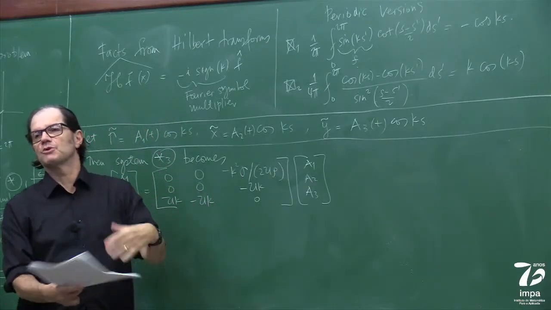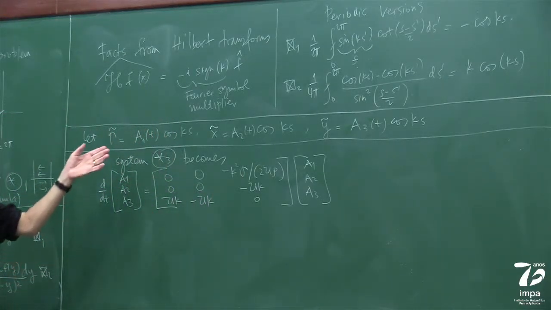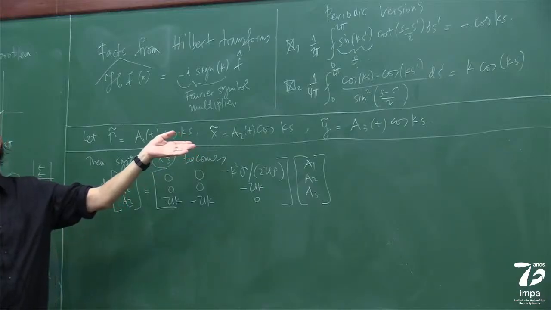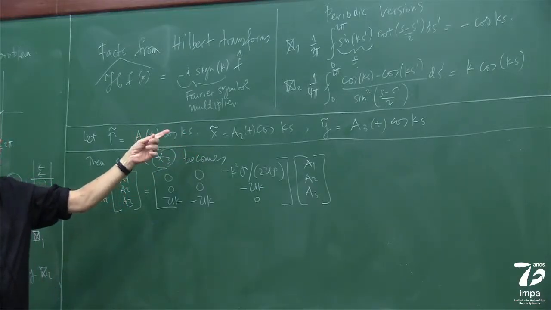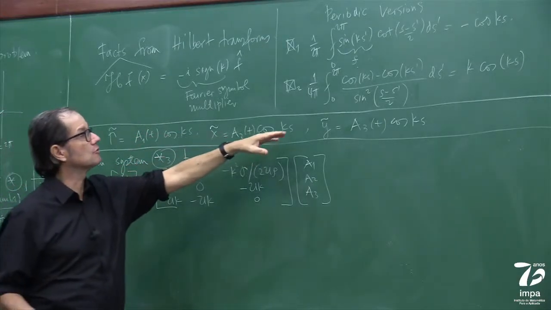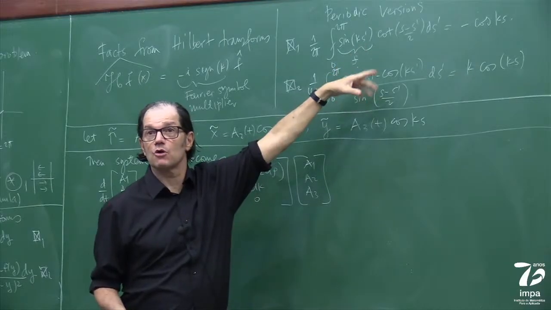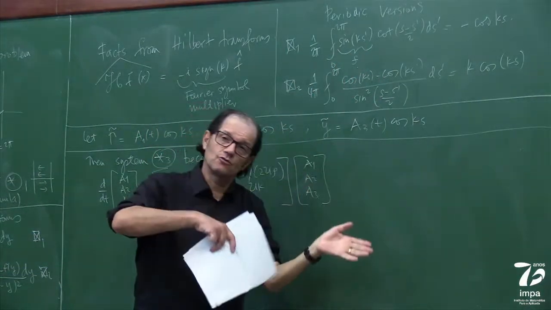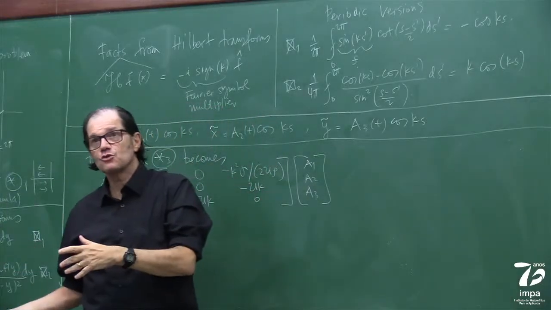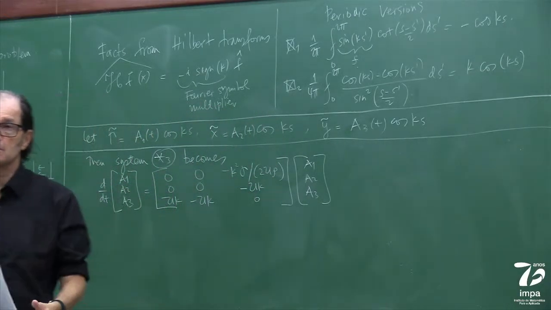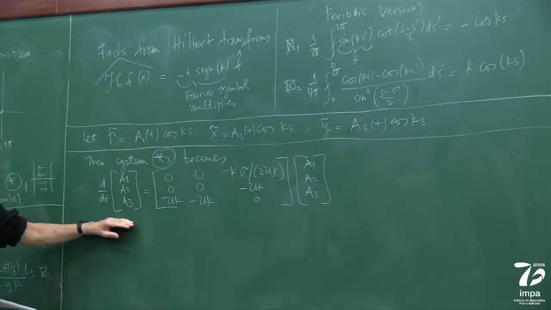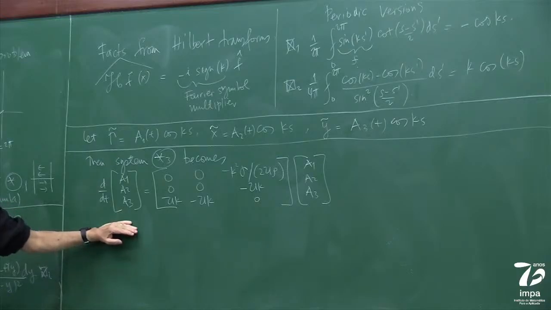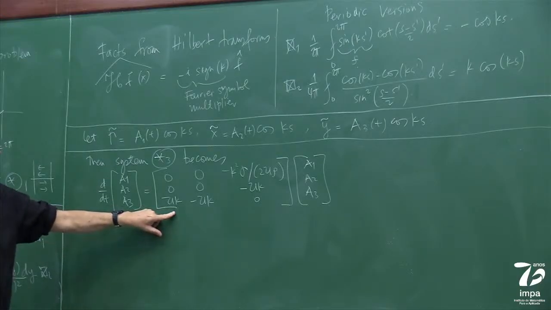So you can put the words you prefer, right? It's a separation of variables based on the fact that I know the results for the Hilbert transforms of the cosine, sines, derivatives, and so on, okay? And by checking that, if I do it for the cosines, the sines do not appear, and I can do it for the sines, it doesn't matter. It will be the same result. So now I get this very simple system of ODEs, constant coefficients with all my physical parameters here.